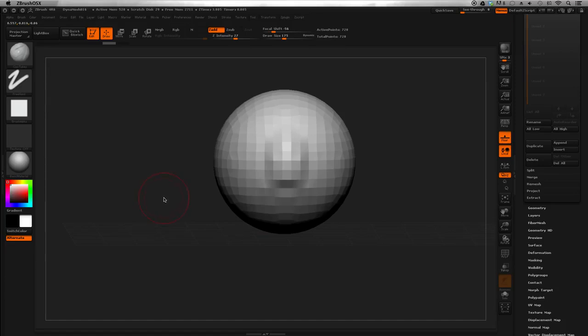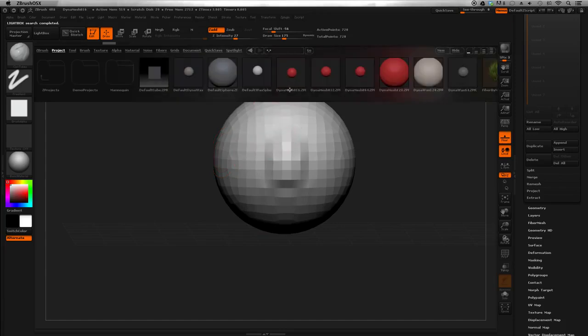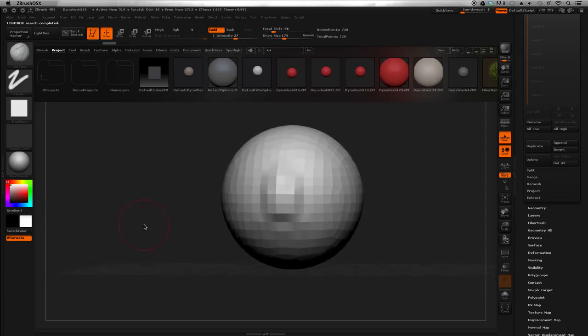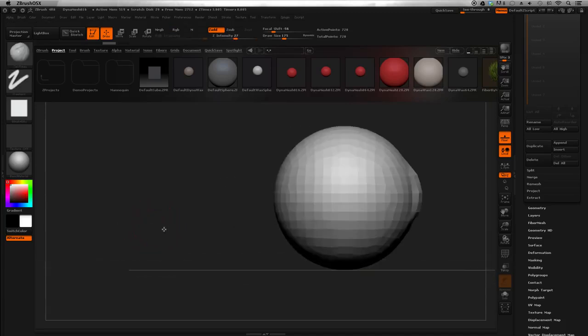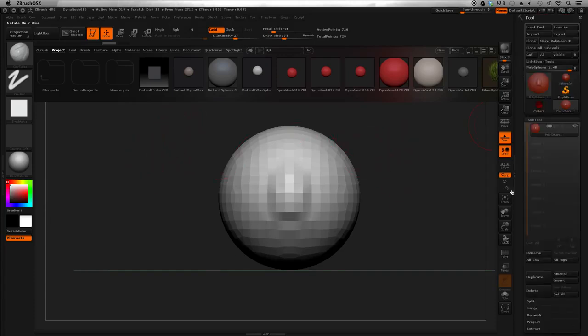Remember, we hit comma, and we went to project, and we opened up this Dynamesh 16 right here, and that gave us this guy right here. That is one way to bring in a piece of geometry. Now, to clear my palette right here, if I'm playing around in ZBrush and I want to